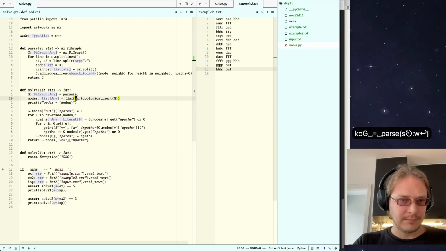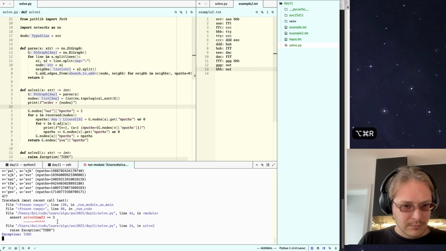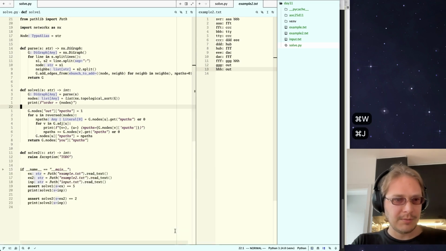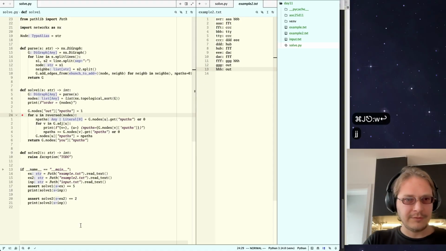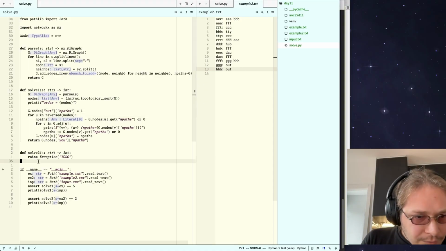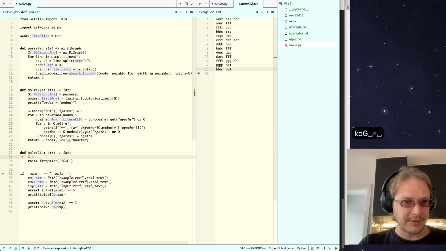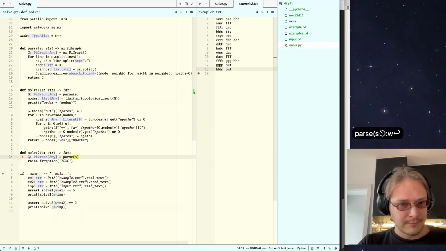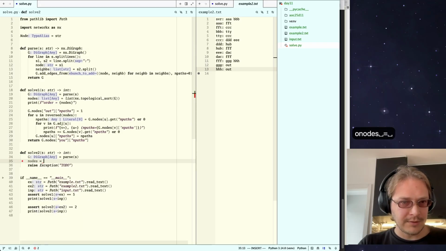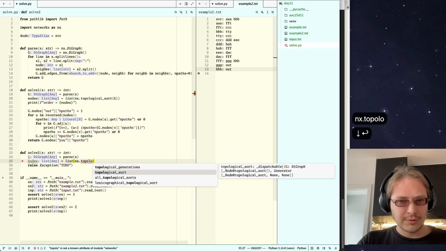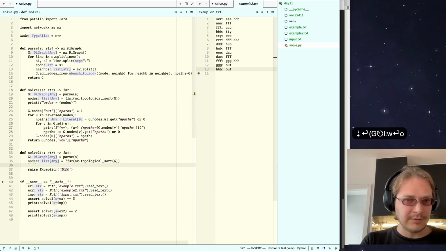Parse s. It still fails in the todo, so that's good. Okay, solve2. So again, I pass the graph. I get the list of nodes, the ordered list of nodes, topological sort of the graph, and